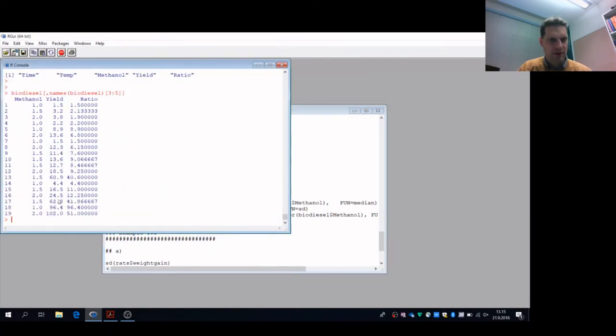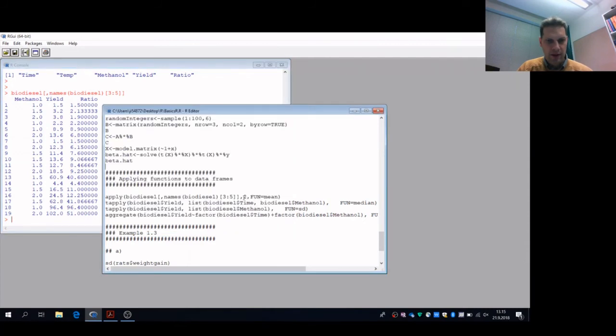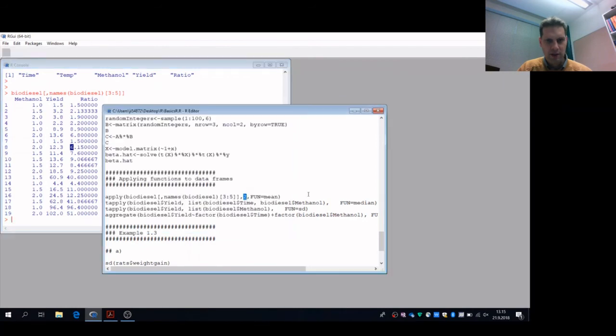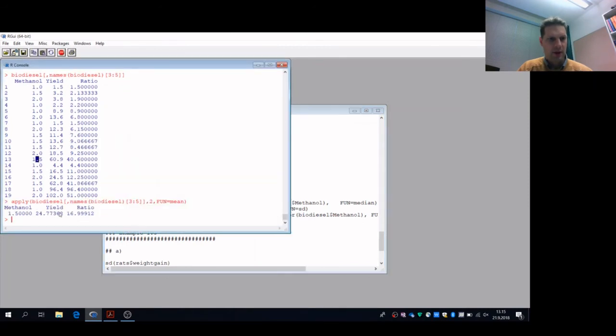We only take these three columns, and then the argument 2 means that we calculate column-wise, and the function mean means that we calculate the column-wise means. So this gives us these values. The mean of methanol is 1.5, yield is 25.77 and something, and ratio is